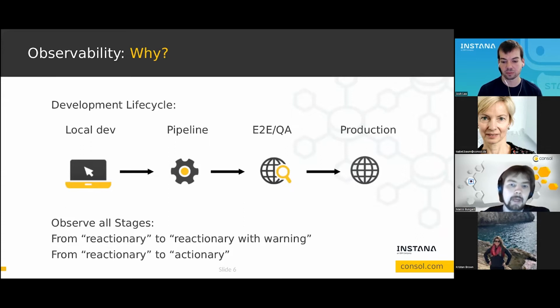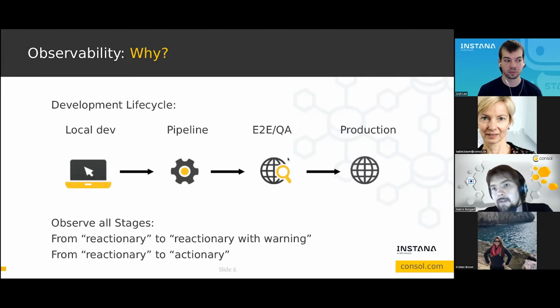Also, if we have a QA environment and QA comes back and says, okay, here's something that is clearly not working. It should be this and this, but it is actually that. We need to figure out why. And this is a crucial step, that we don't only observe in production, but also observe in the E2E environment.